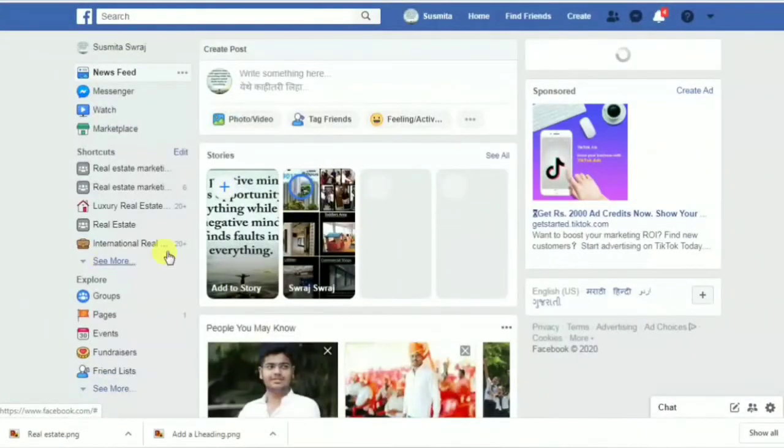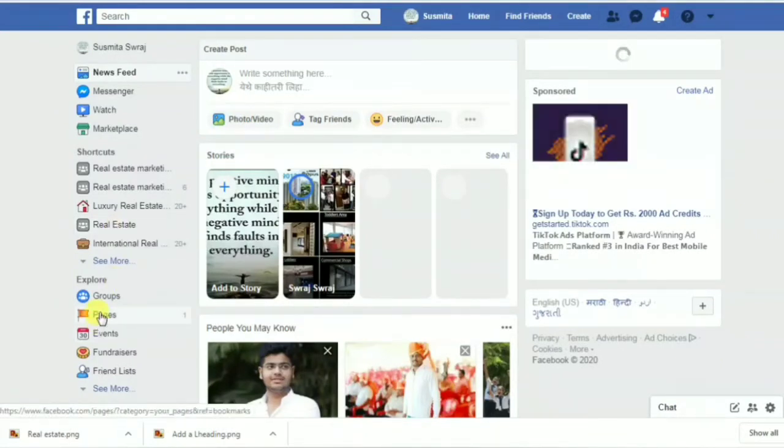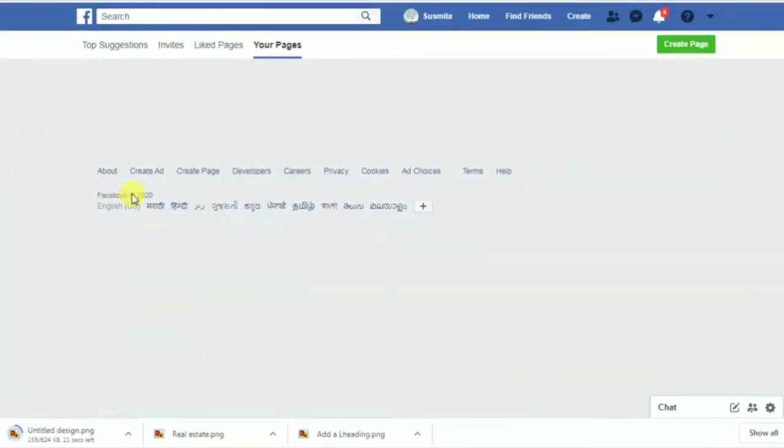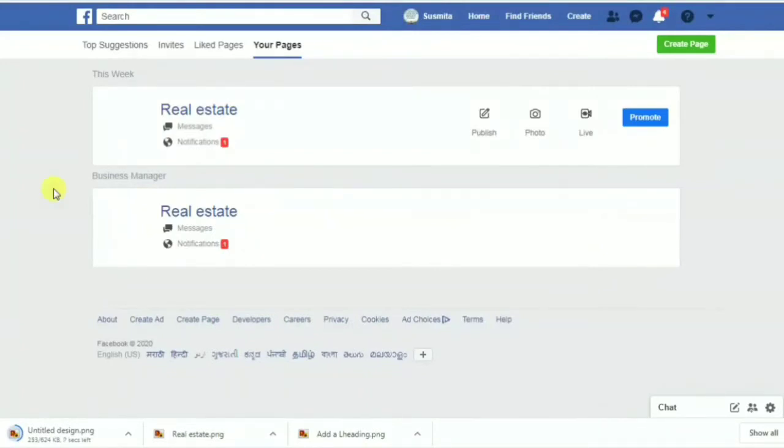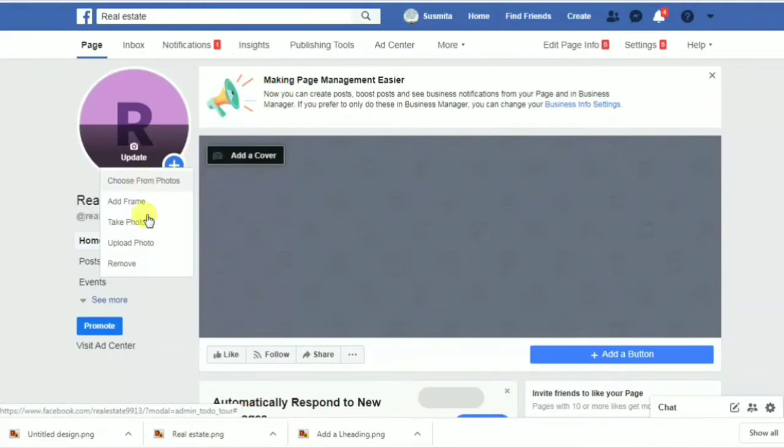Okay, now we have created three graphics. Number one is for our ad, number two is the logo, and number three is the cover creative. Now it's time to upload these. Go to your page section, right? It's time to upload the logo and cover photo. Just go to your page, click on your logo and then click on upload photo, right? Here you can add your logo.